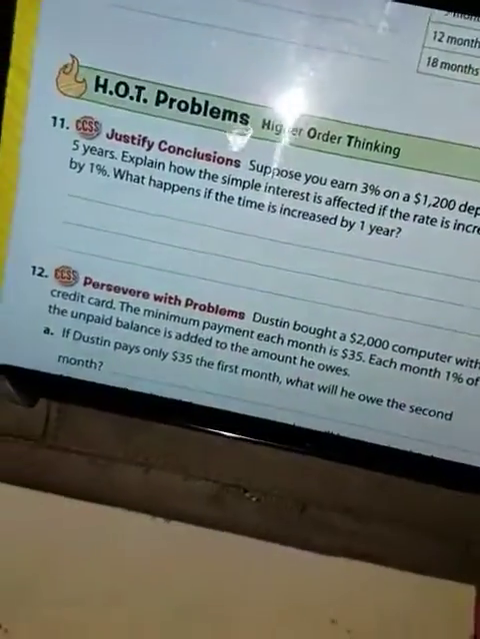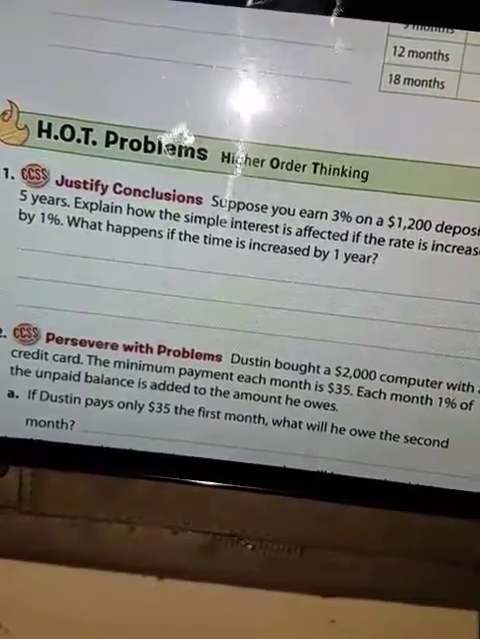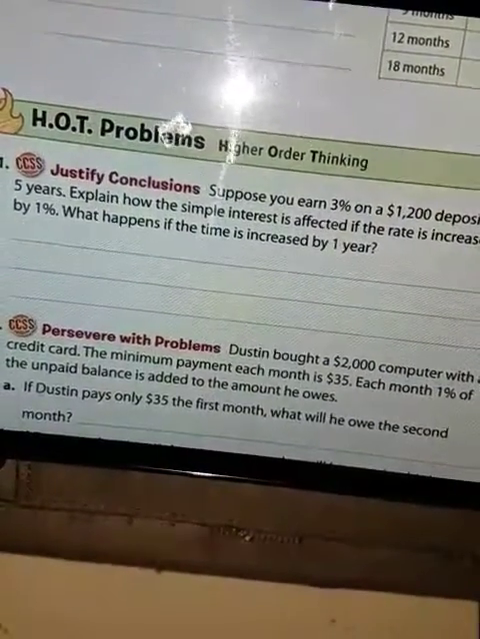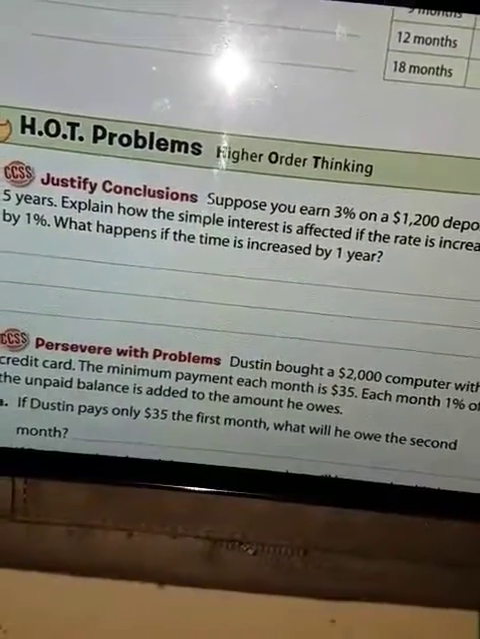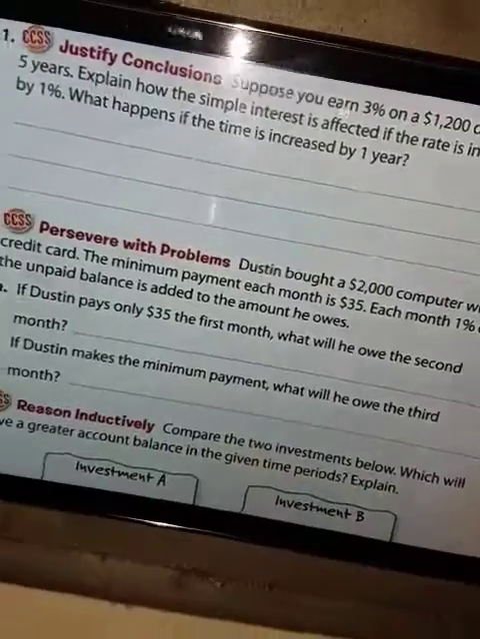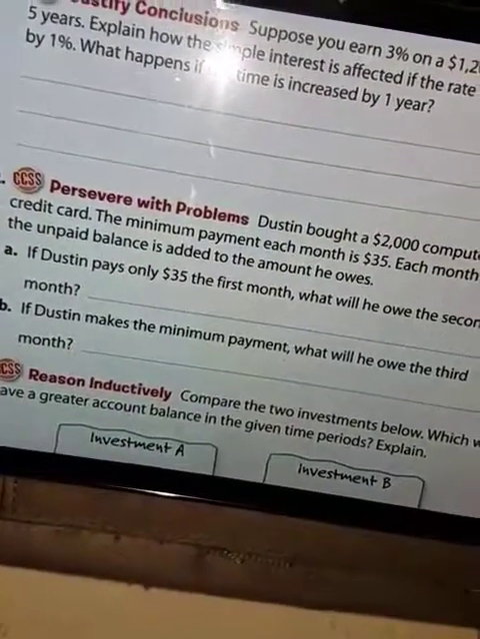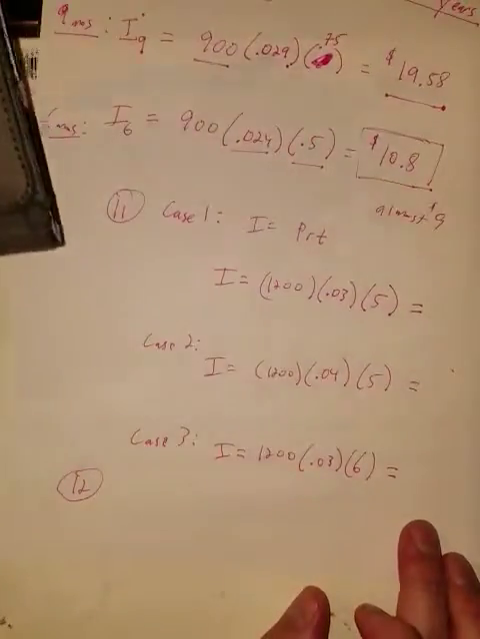Dustin bought a $2,000 computer with a credit card. The minimum payment each month is $35. Each month, 1% of the unpaid balance is added to the amount he owes. If Dustin pays only $35 the first month, what will he owe the second month? Okay, so